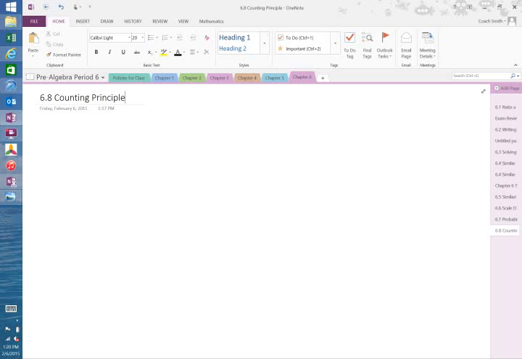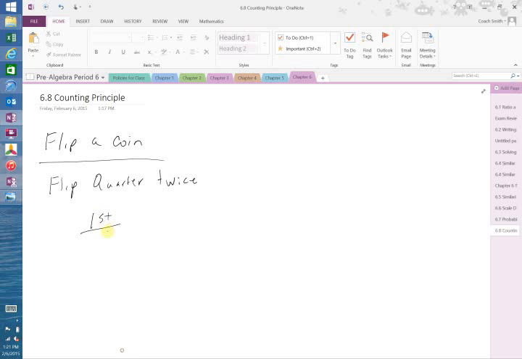And real honestly, if you made a tree diagram on most of this stuff, it would take you a while. But I do want to cover it because there are a couple of problems where they want you to draw a tree diagram. Now, let's just take, for example, flipping the coin. We talked about that yesterday, and it was also in your homework last night. If we flip a quarter twice, we want to know how many possible outcomes there are. Okay, so first of all, we need to know on the first toss,